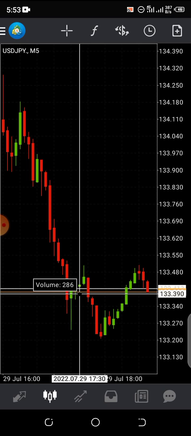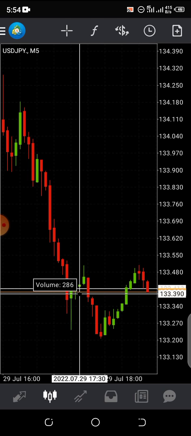I think that's the calculation for a JPY pair, right? Yeah, it will now give us 0.1. Then 0.1 plus the current value here, 133.390,